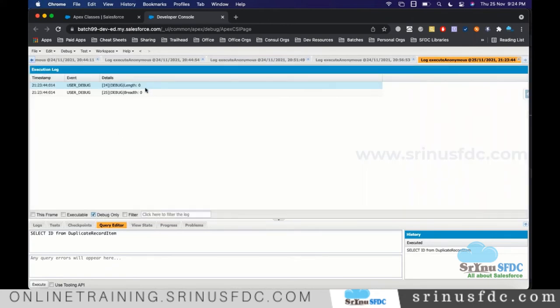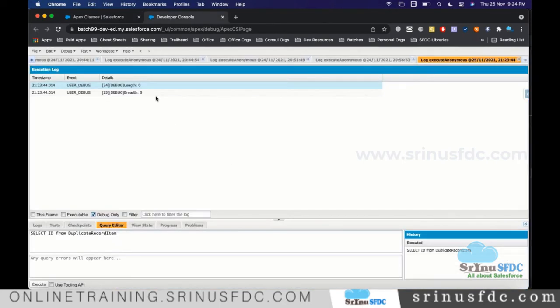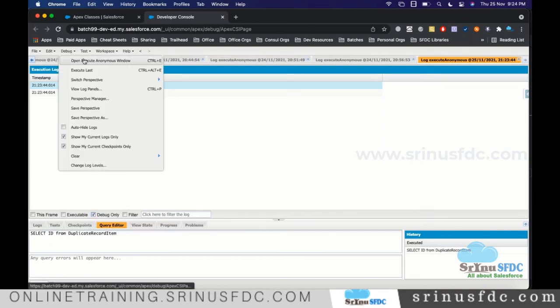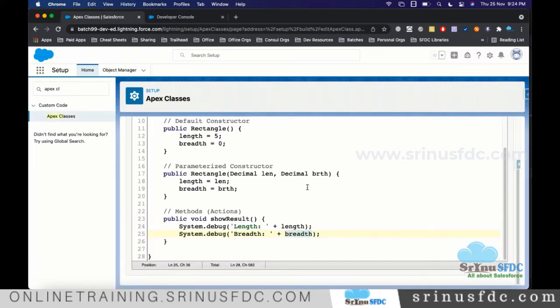Okay, here you are seeing, while printing, if you remember, we are printing length colon. If you go back to the class and see, while printing, we are saying length colon space, right? After that, the length value is 0, right? I think it is coming as 0. Something is wrong. Okay, let's see. I am expecting length value as 5, right? But I am seeing length value as 0. Somewhere something is wrong. Let's go to that program.